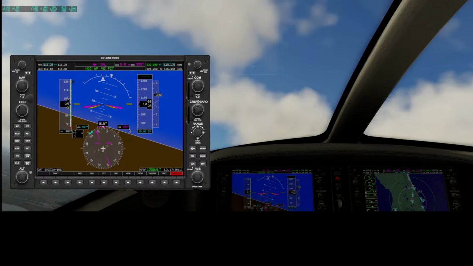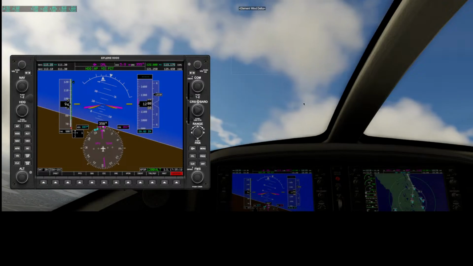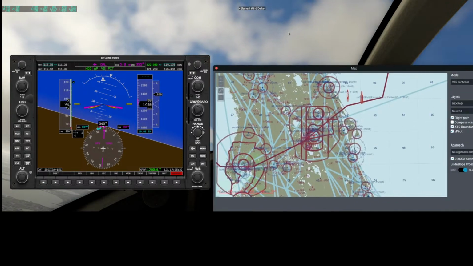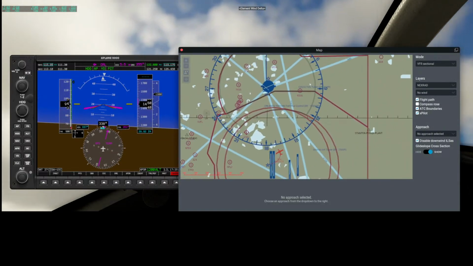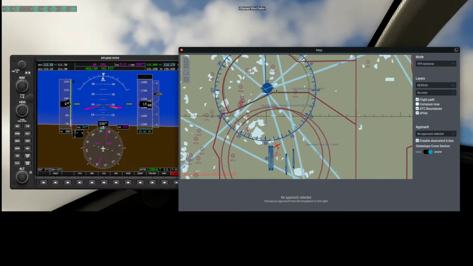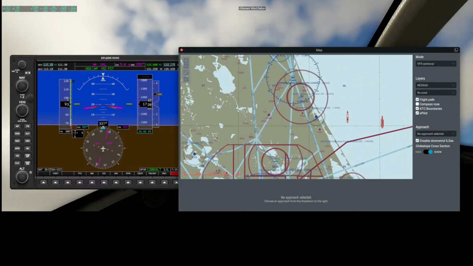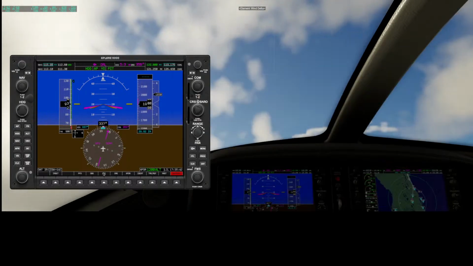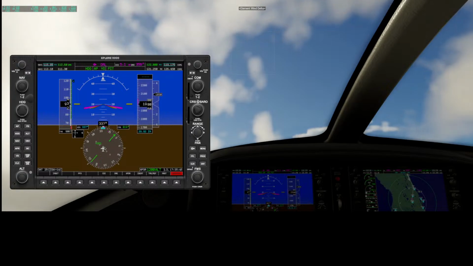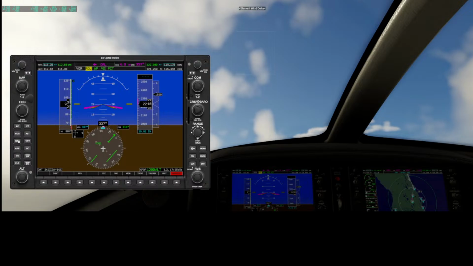So once I have all those frequencies in, I can set some of these points here. So let's say in this example I wanted to use a VOR or something like that. I can actually go and select one within X-Plane here. So if I'm going to use this VOR, I can tune my navigation radio to that first frequency. Then click on the CDI here, and it's starting to tune in that frequency. If I want to go direct to, I can just click this button here to center me on that, and then turn on my navigation,